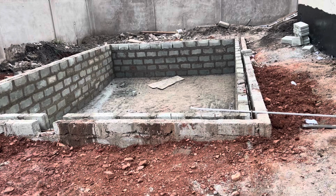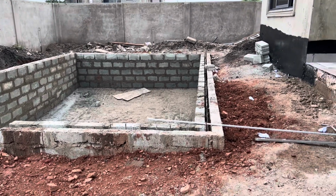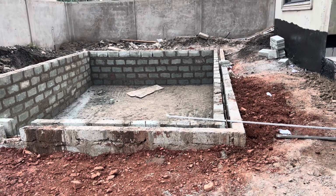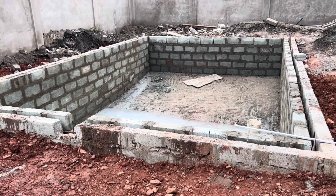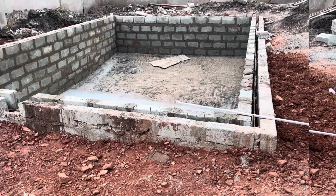This is a quick update on the swimming pool. So as you can see, they've been able to lay the second blocks. So now the iron rods are in between the blocks, and they're going to mix some concrete and do the casting. So the goal is for them to do it today, because fortunately the weather has been good for a